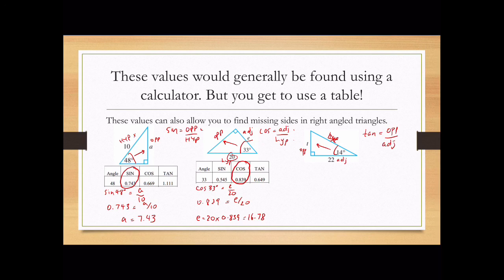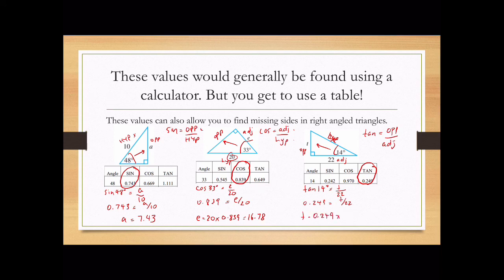We're going to look into the table and find 14 degrees. You get tan is 0.249. So we know tan 14 equals opposite over adjacent. Tan 14 is 0.249, which will be equal to t over 22. So t is